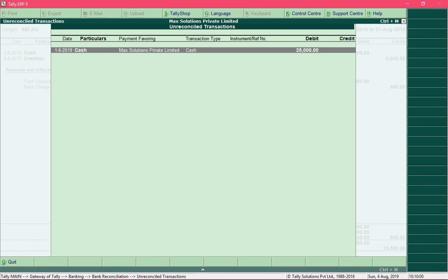So what Tally does is it considers the amount based on which it will select the entries for the given period, and you need to select the matching entry which matches with the bank entry. So right now I have taken a very simple example, that is why it is showing only one entry, but in real scenario there could be more than one entry which you need to select by navigating over it and press the enter key. And if you want me to give an example, assume that on the same date I